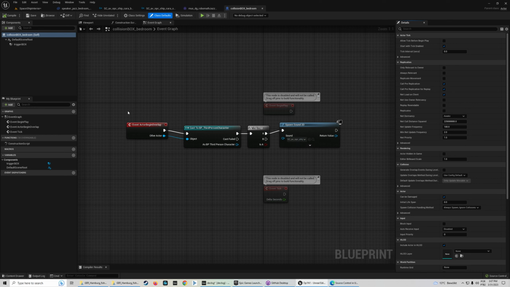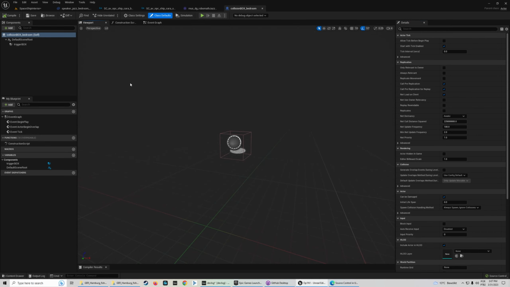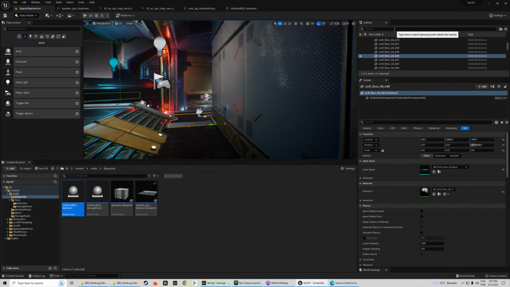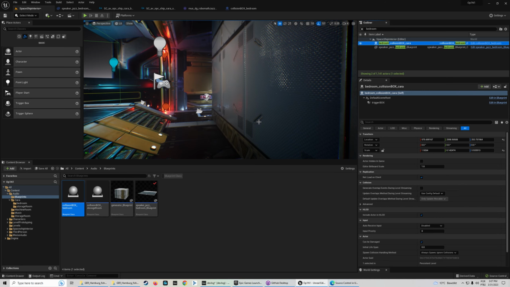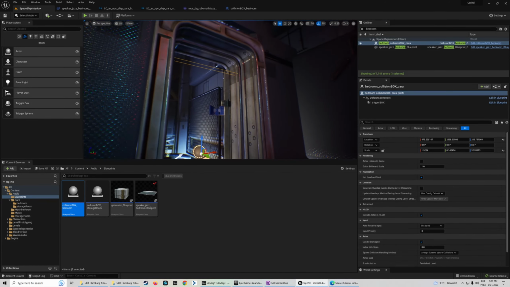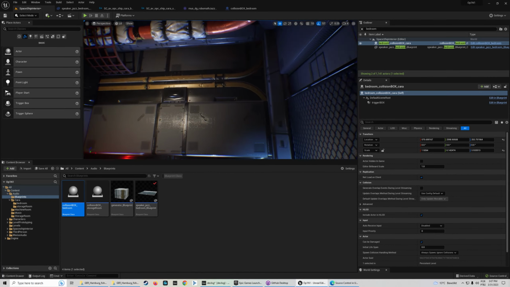Once I cross the trigger box, which is this thing here, let's try to find it in the engine here. So here we have it. You can see it here. Once I cross this,